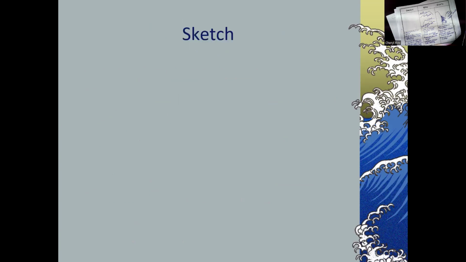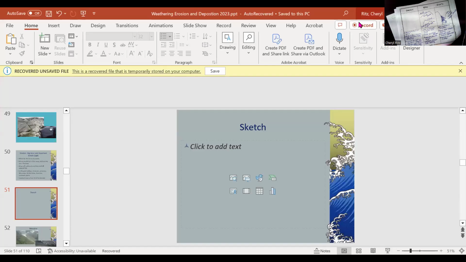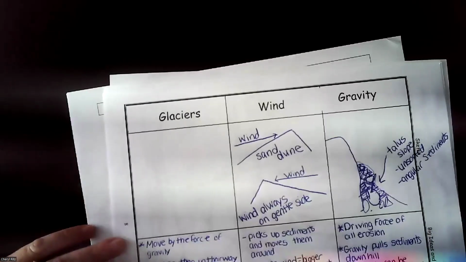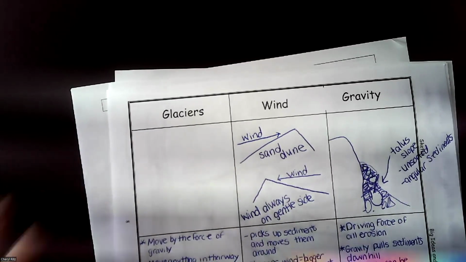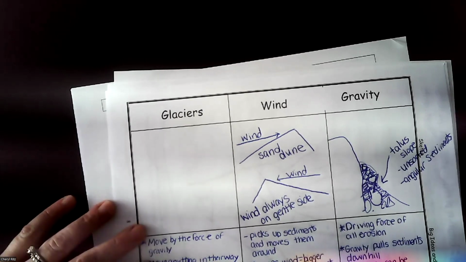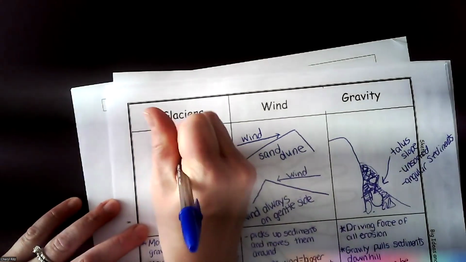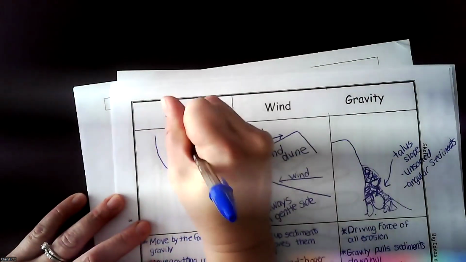Two more things. Let's do our sketch. What's some things you think we should sketch here? Now, see, you might think that's what I want, but I want a feature that the glacier creates. One thing I'm going to create is a U-shaped valley. I'm going to label it